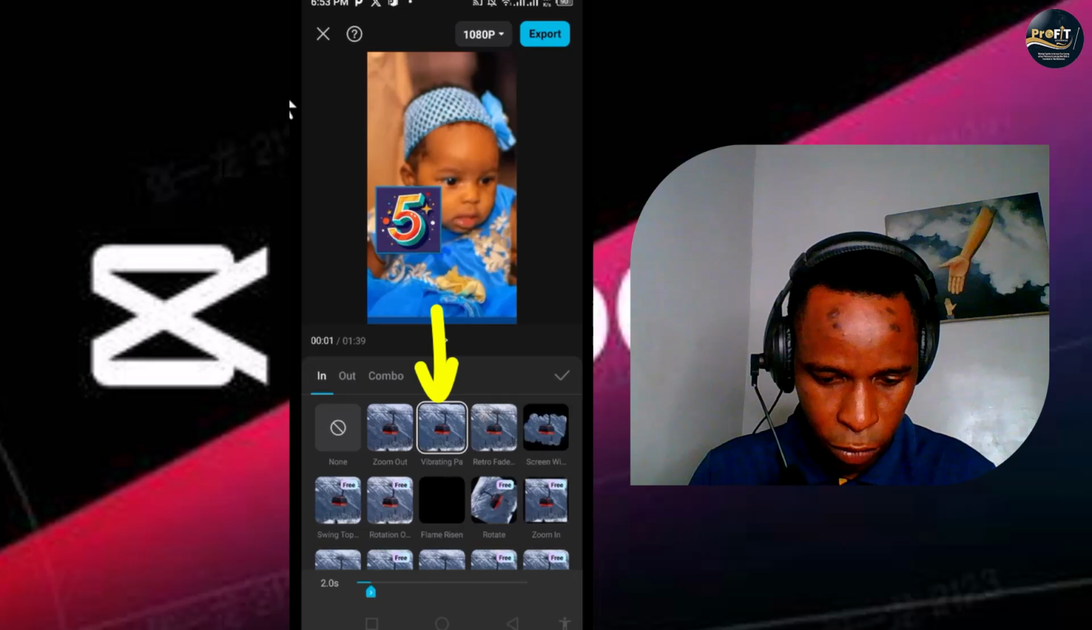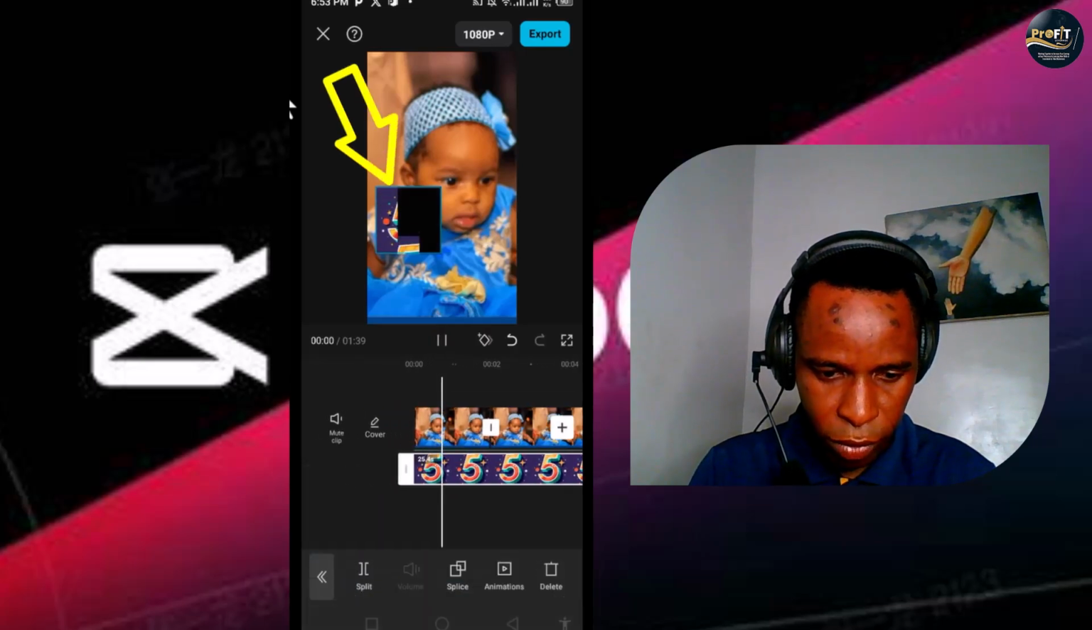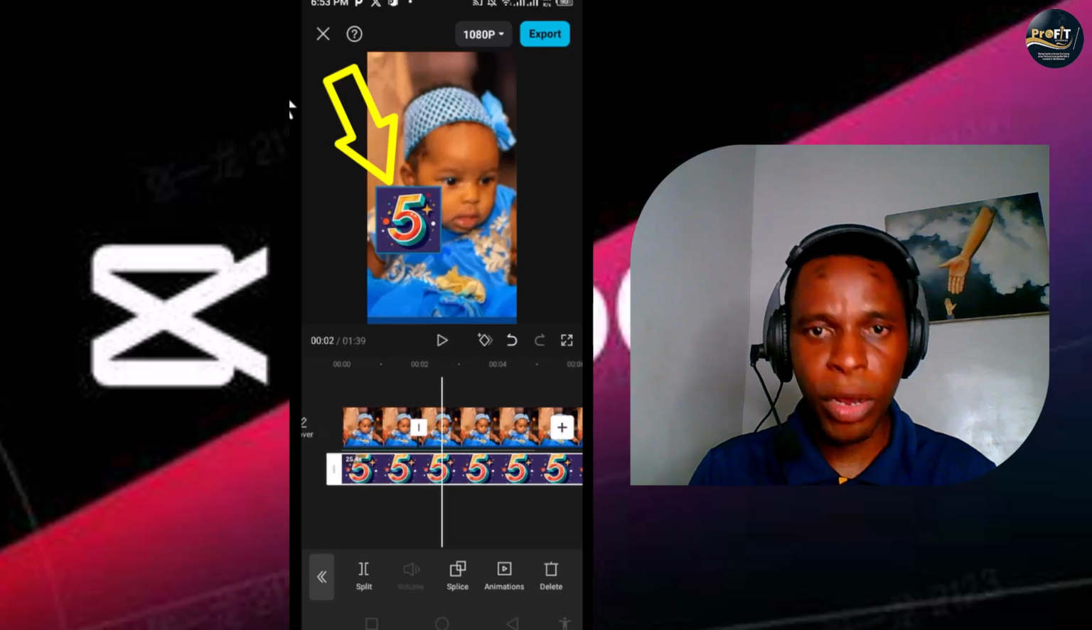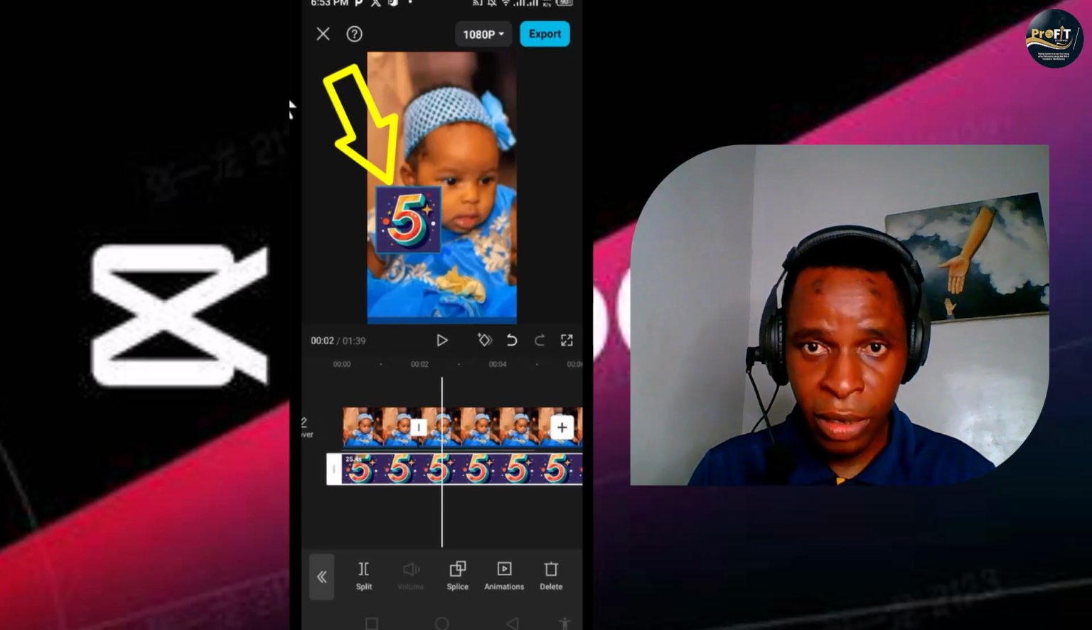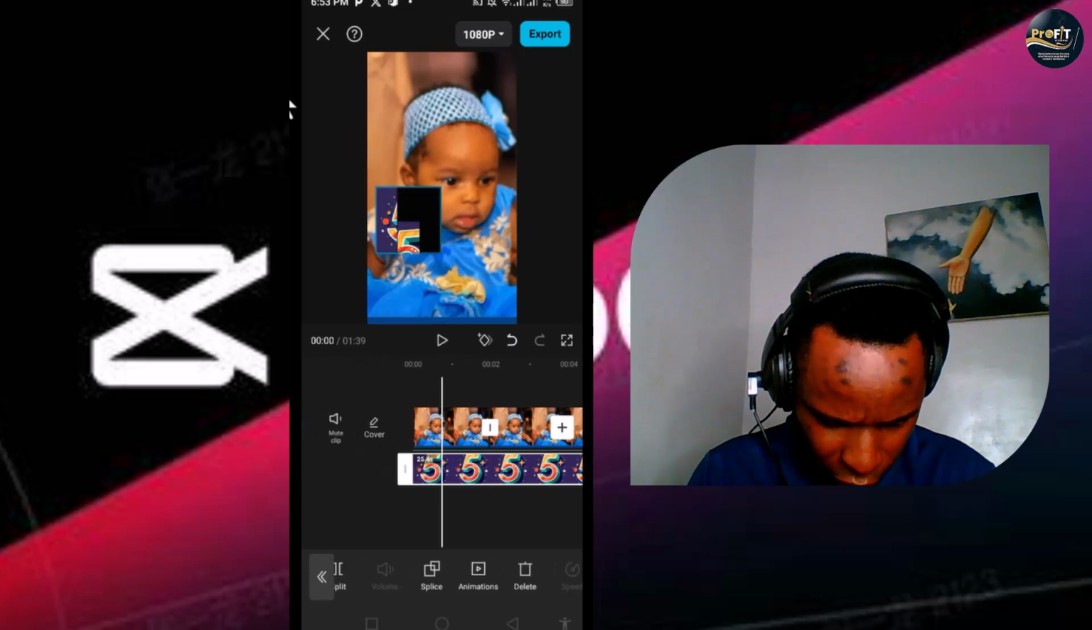All right, I'm recording this. Now, can you see what is happening to that 5? That is the power of animation under the editing button, the home button. Okay, so that's it. So I jumped